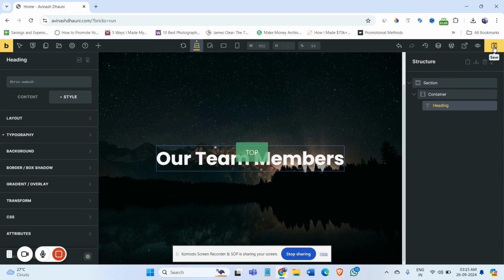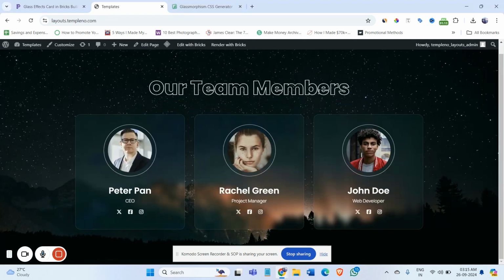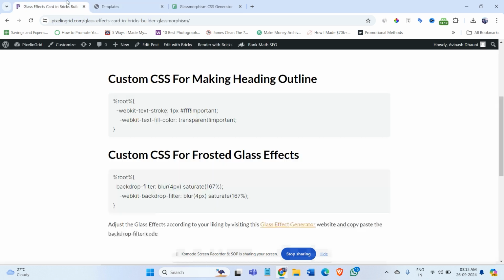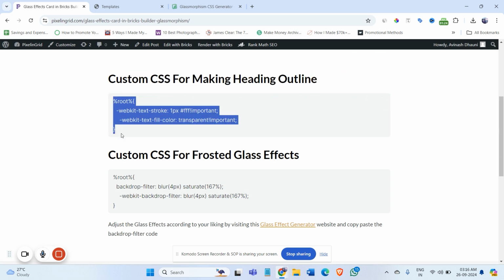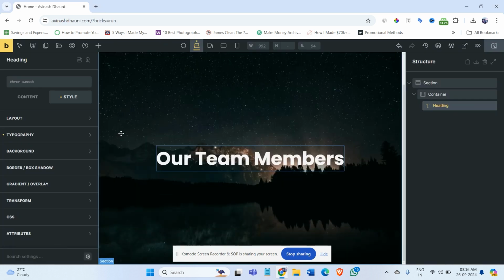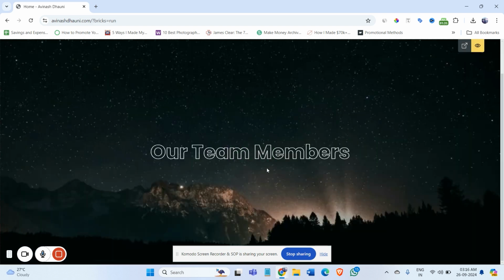Now to make this outline, we need a custom CSS. So the link is in the description. When you visit this link, you will find this heading. Below that is the custom CSS. So after copying it, go to the heading, go to the CSS, and paste it, and you can see our heading has become